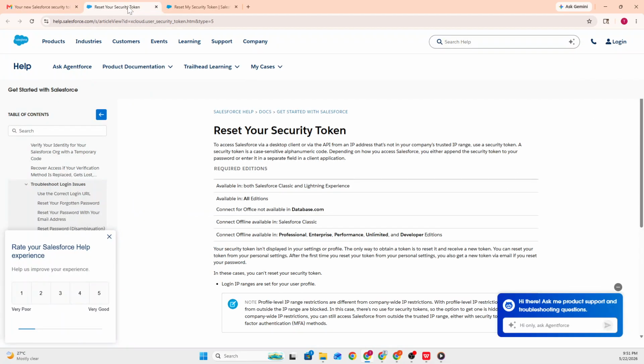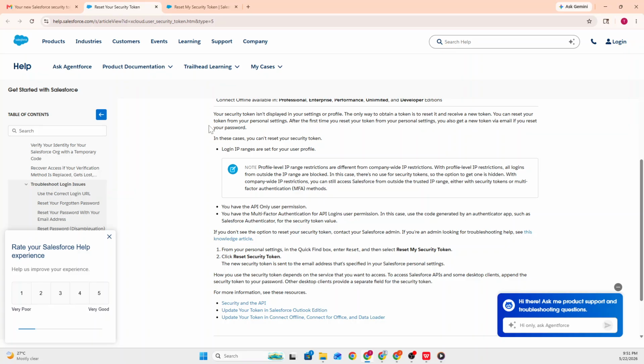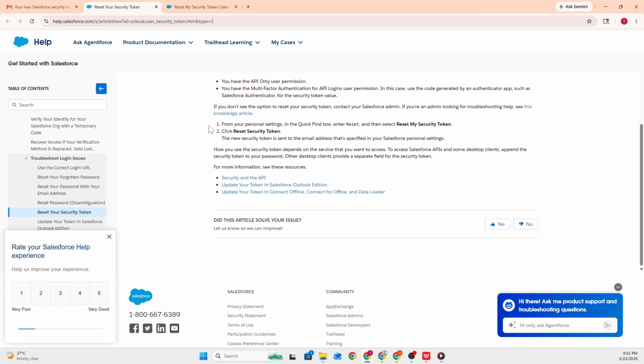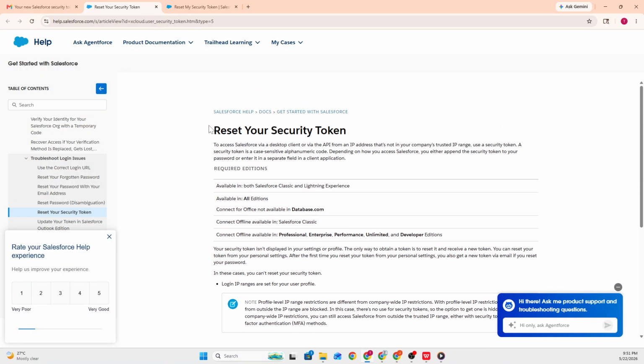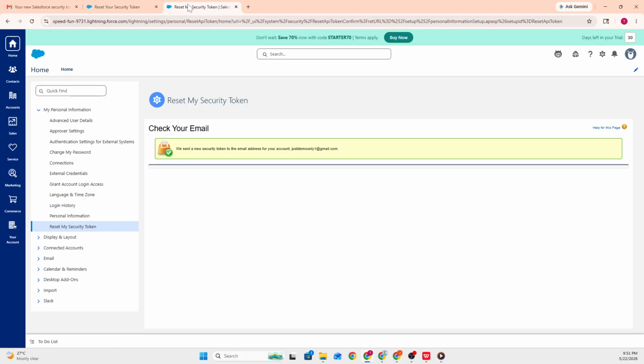Review your inbox and look for the verification or confirmation email sent by Salesforce. When the email appears, open it and review the information displayed inside the message. Salesforce will confirm that the new security login token has been generated and sent successfully. Continue checking the email carefully to confirm that the updated security token information was received correctly. If the email takes a few moments to appear, wait for Salesforce to finish processing and refreshing the request before